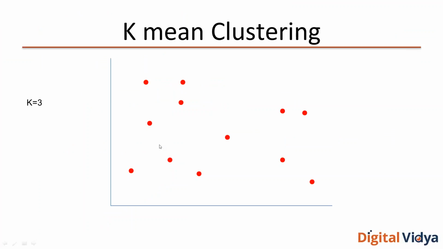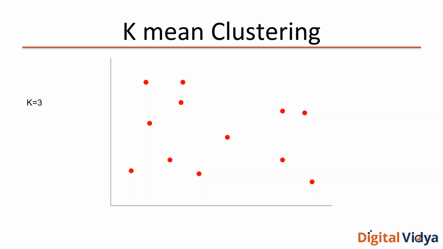Suppose in this space, these are the points, and now you have to cluster them. You want to group them. So you say, let's assume somehow we knew that there are 3 classes or 3 groups. How we can find how many groups there were, we can see later. There are methods to do that. So let's assume you already knew that in this data there are 3 groups, and you want to find out these groups and put all these points into their respective groups.